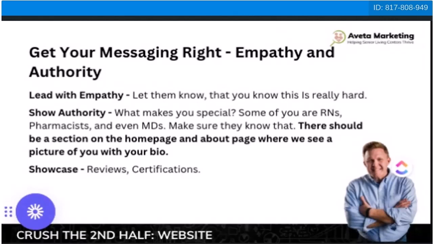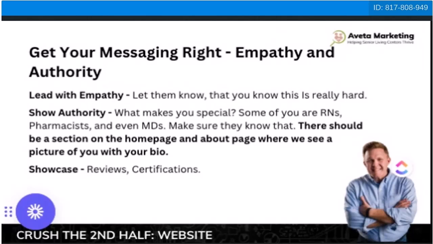The other thing we want to do, though, is show authority, because that helps families feel more comfortable in actually choosing us. And so, what is it that makes you special? Many times in the residential care home setting, the owner operator sometimes is from the medical field, right? So, if you're an MD or a registered nurse, you should say that. You should let people know that you are a medical professional. And if you're not, it's okay, right? There's other ways to show authority, but we definitely want to speak with authority and show credibility on the homepage